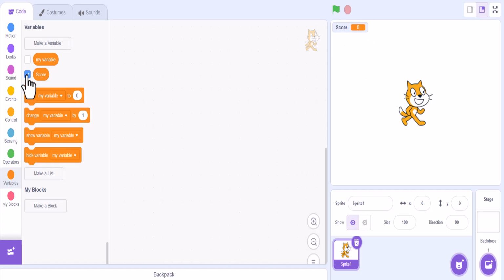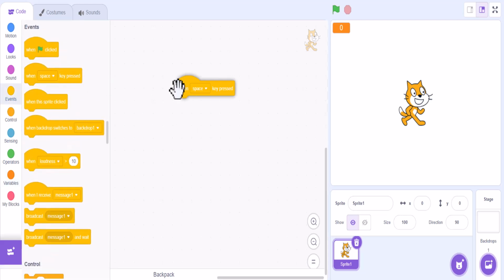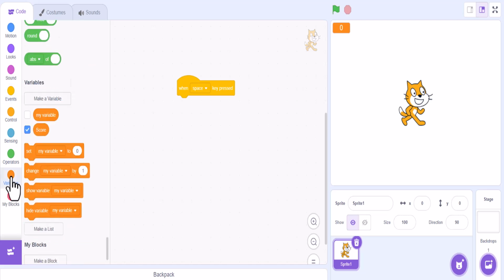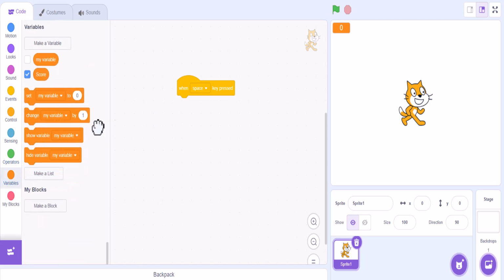Now if I uncheck this, obviously it's not going to show up, but if I click the check, we can see the score. And so maybe some of you have seen different programs and games where you have different looks for this. So you can double click on this and it can make it just this. And if I wanted to create an event, let's just go ahead and use a spacebar for this. And then we're going to change the event by 1, right? So every time I hit space,